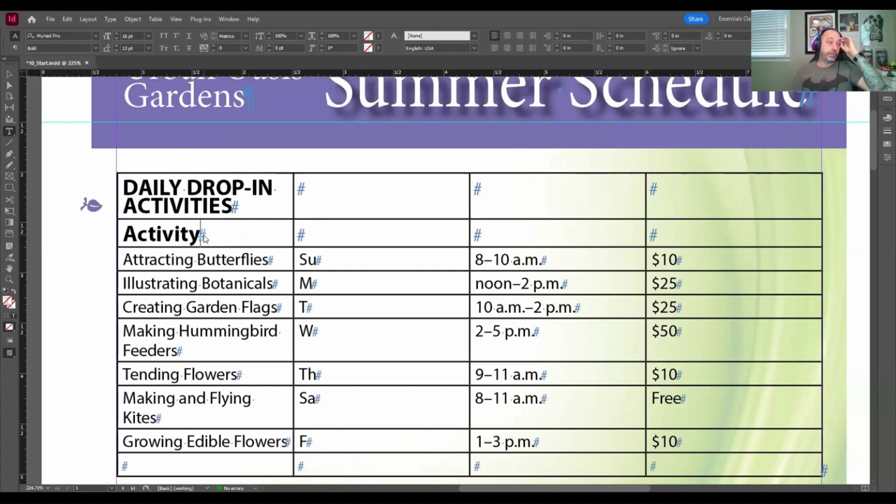And then a nice little trick to know about navigating through the tables is just the tab key. Tab key jumps you to the next cell. All right, we're going to do, I keep hitting all caps, man. All right, we're going to do the second column, that's day. We're going to do the third column, which is time,